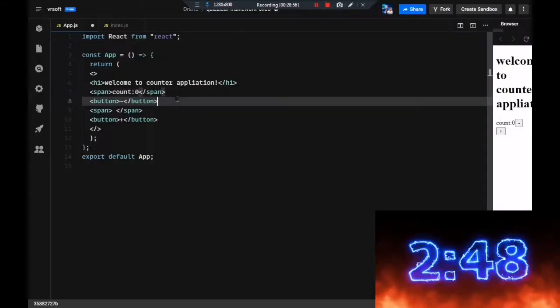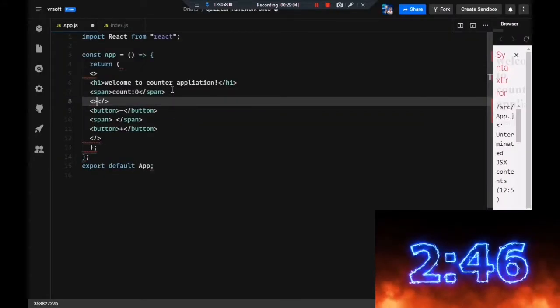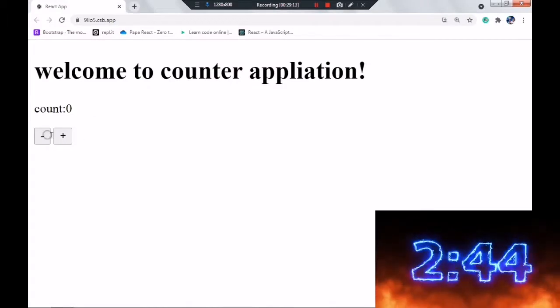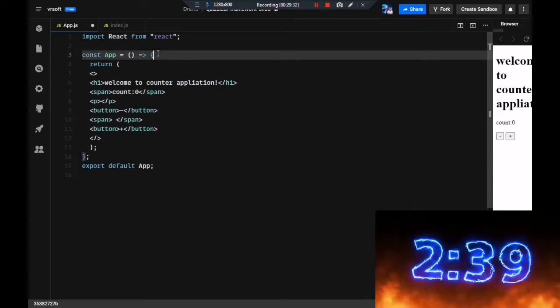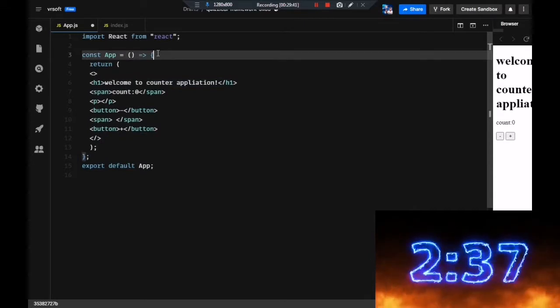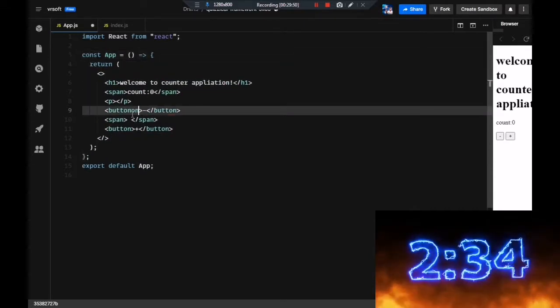And if I hit minus, we have to put a p tag, right? That will break into a new line. I removed the HR because I don't love it. Okay, that's all about it. Now we'll be adding a variable to add and subtract.